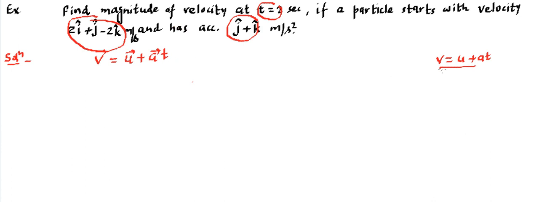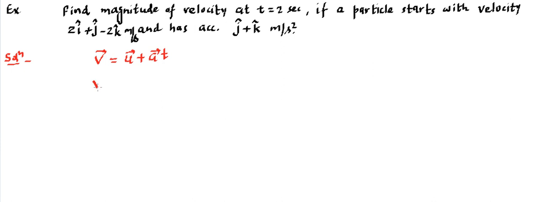So we cannot use this, rather we need to use this, and you'll find both may give you a different result. Both may give you different results. So since they can give different results, we need to know which one is valid, which one is not valid. So this one is valid.